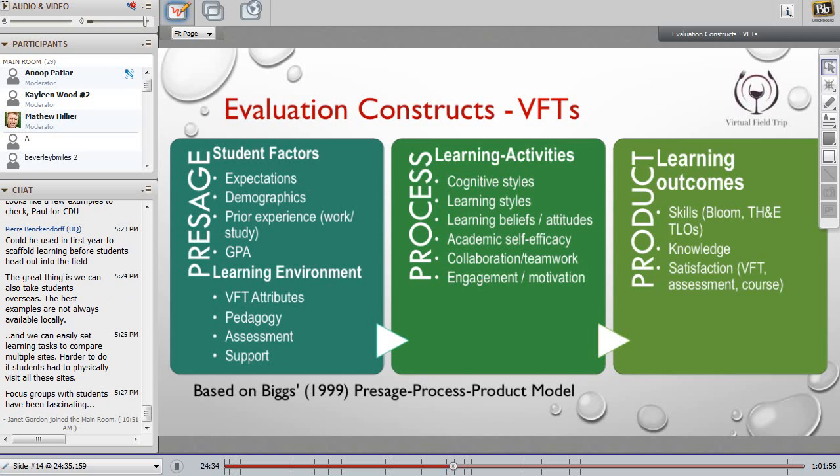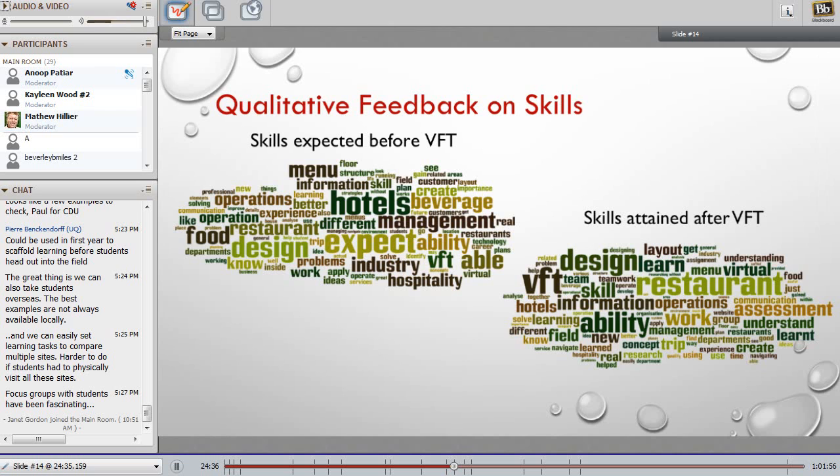The data is still at the analysis stage, and that will be undertaken towards the end of the semester.